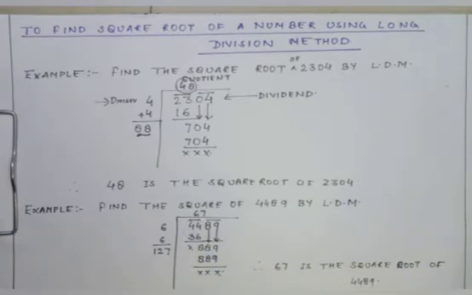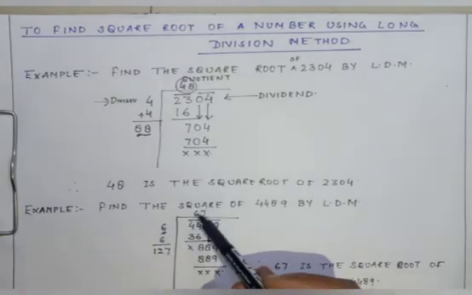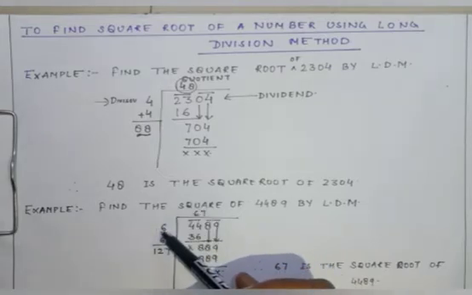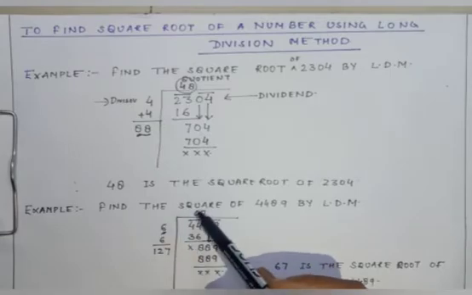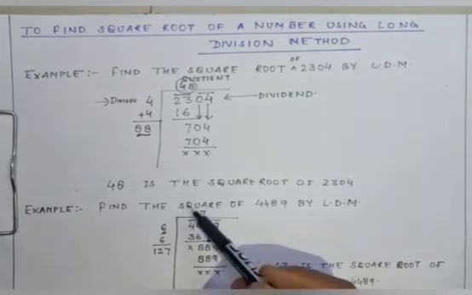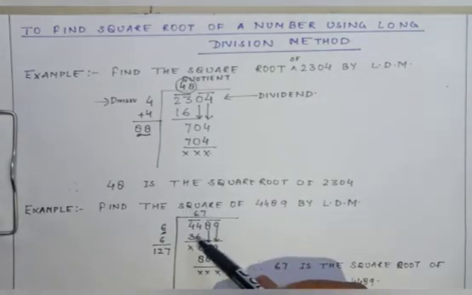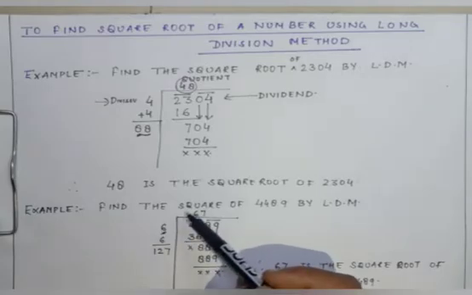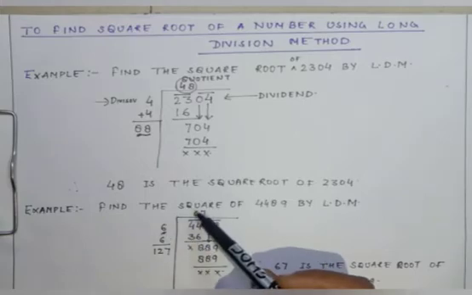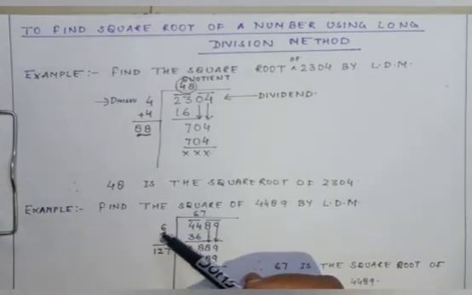Now the next step, I am going to take the divisor and quotient as same, means whatever divisor I am taking, the same number should be in the place of quotient. So when we multiply the divisor and quotient, the product is either equal to 44 or less than 44. If I take 6 into 6, it will make 36. If I take 7 into 7, it will be more, that is 49. So it is better to take 6 into 6.